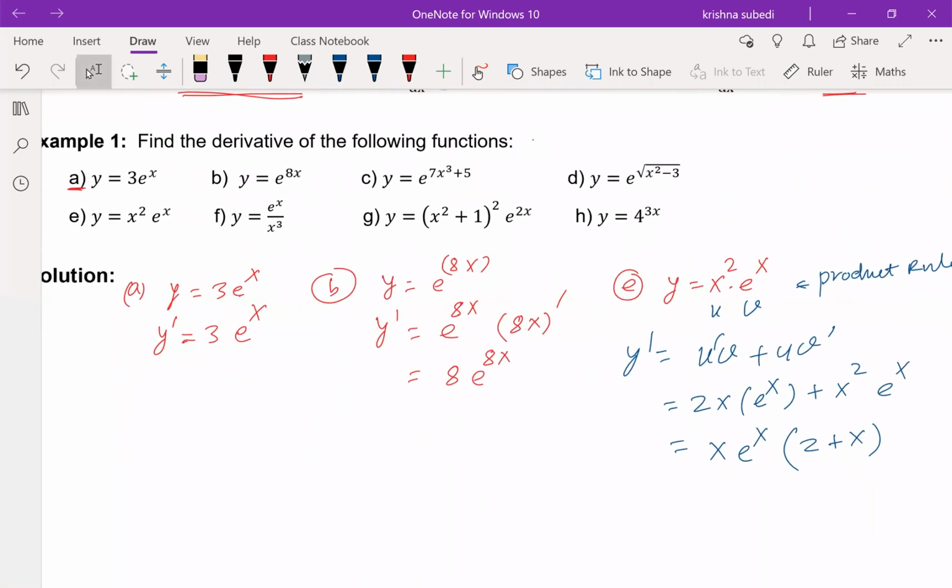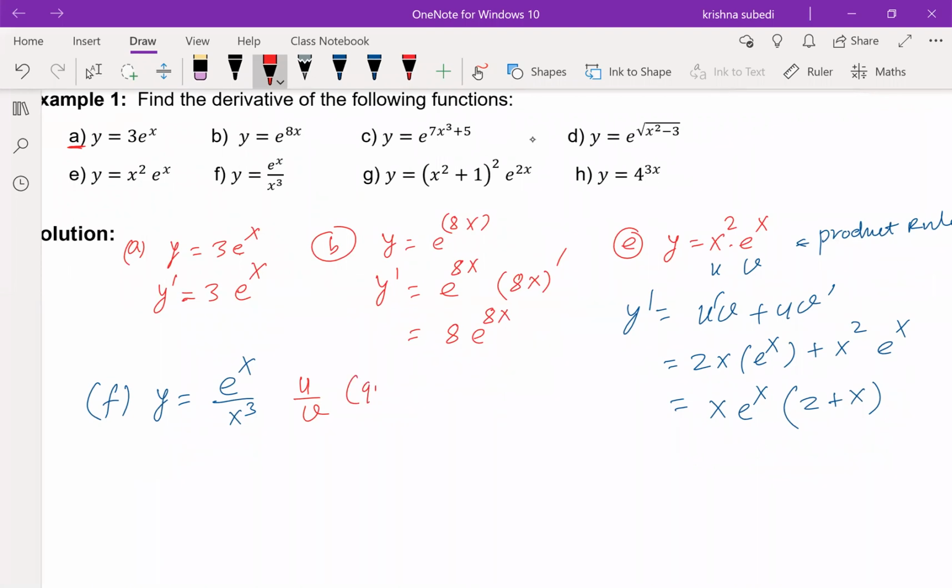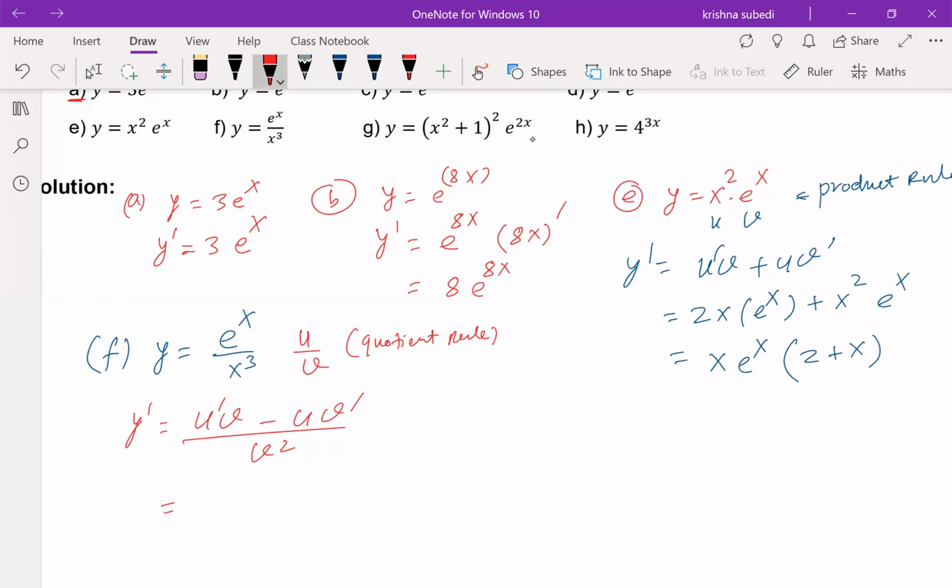Now let's try part F. y equals e to the x over x cubed. And you know what formula we'll be using, right? We'll be using the quotient rule here. So your derivative is going to be, you know, the formula is u prime v minus u v prime over v squared. So that's going to give me u prime, which is e raised to power x, the derivative of that will remain the same, and copy v, which is x cubed,